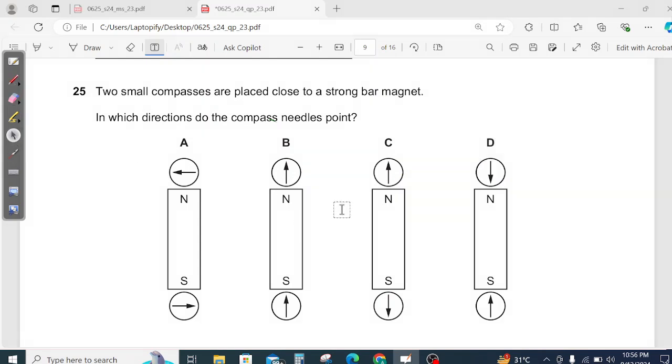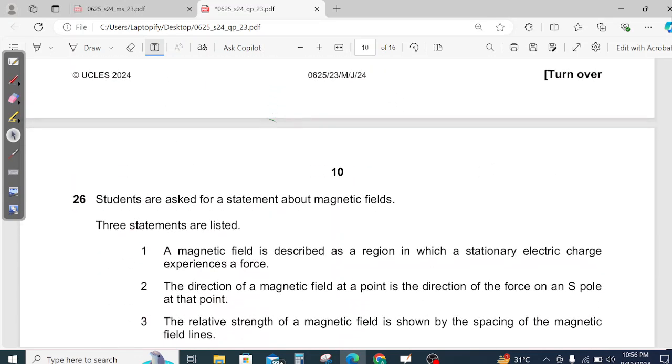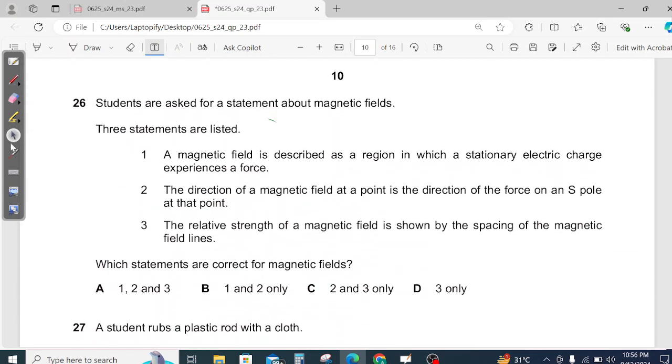Move towards question number 26. In question 26, a student is asked for a statement about magnetic field. Three statements are listed. First one is, a magnetic field describes a region in which a stationary electric charge